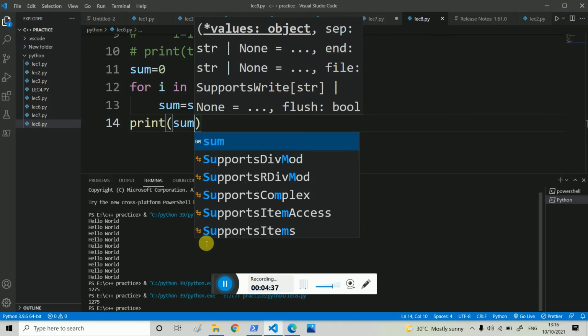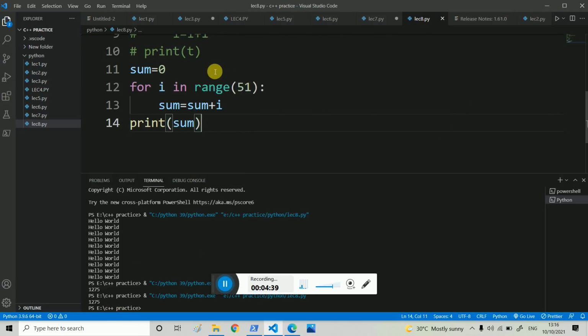So I think you understand how exactly this for loop works. I can write here from 1 to 51 also, and we will get the same answer. Firstly this will start from 0 to 50, because 51 is excluded. Now it will start from 1 to 50. Here 1 is included but 51 is excluded, so we get the same result.